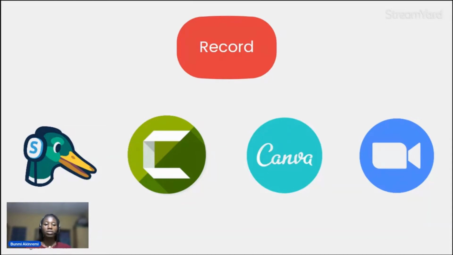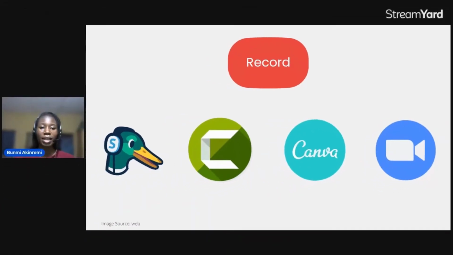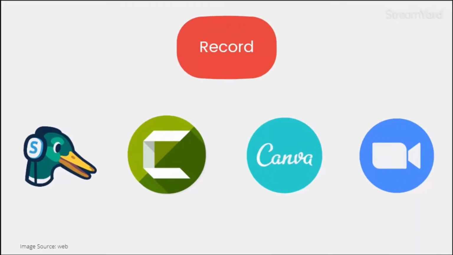You can see my video at the bottom. I can also change the orientation to something like this, where you can see my video at the side and my slides at the other side. Then I can also change it to fully slides or just my video. It allows you to switch this in real time even as you're making your recording. So probably there's a point where you need to explain and expatiate on stuff. You can use this, it's very important too. So yeah, let me switch back to